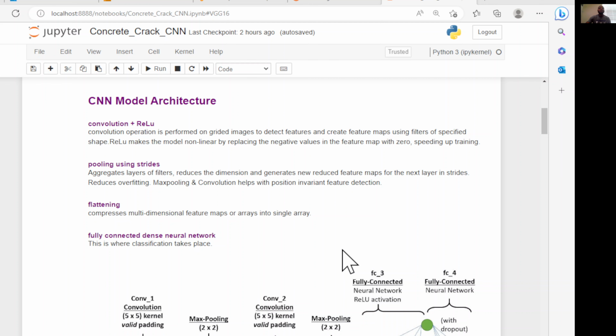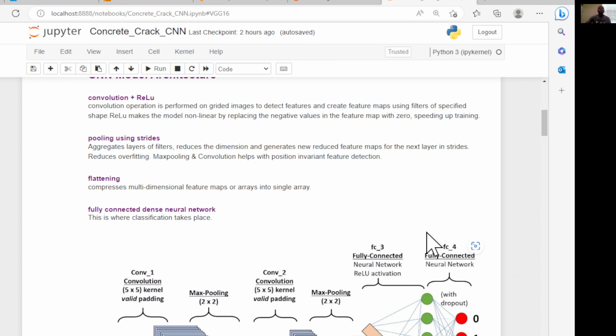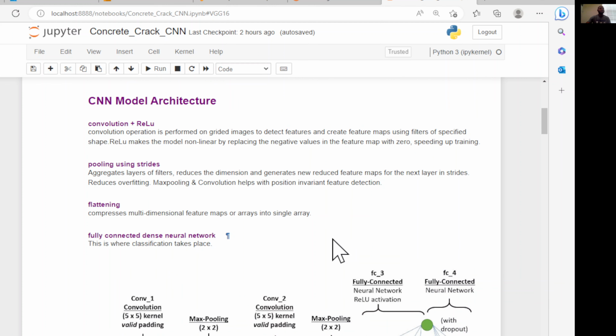So, these first three layers, the convolution, the pooling, and the flattening layer, are generally regarded as the feature detection and feature extraction layers, while the dense neural network is considered the classification layer. So at the convolution layer, convolution operations are performed on gridded images to detect features and create feature maps using filters. At that same layer, the activation function